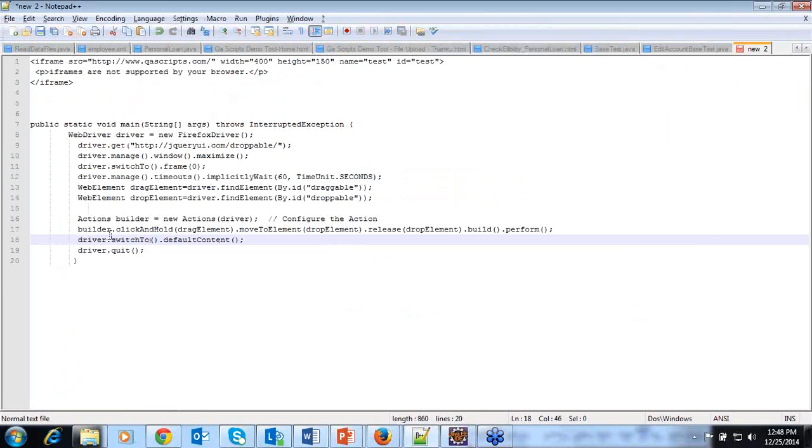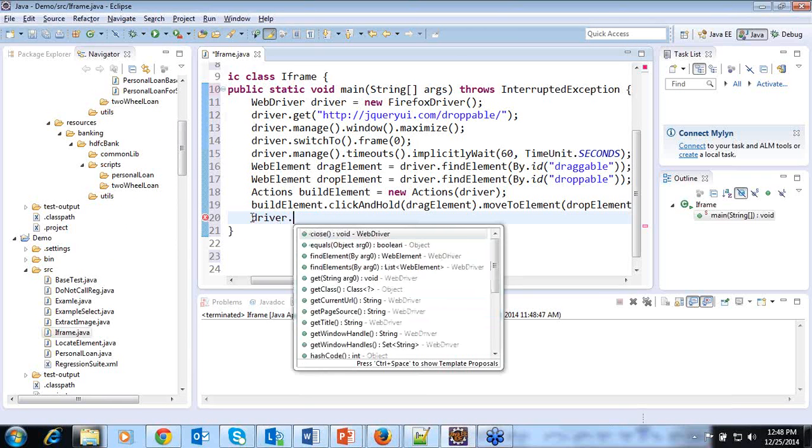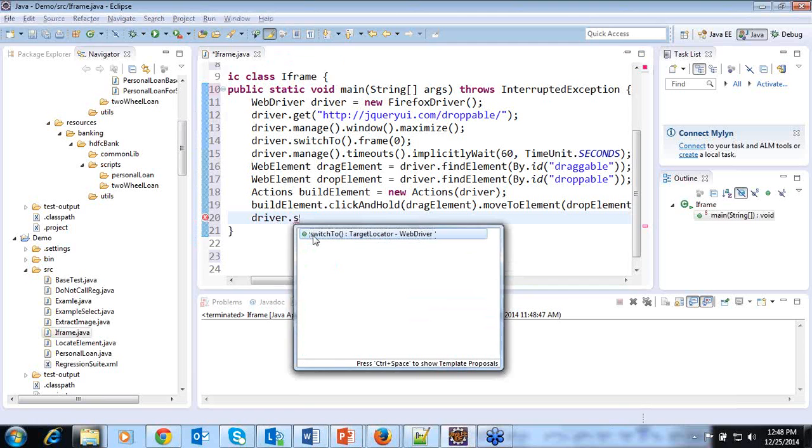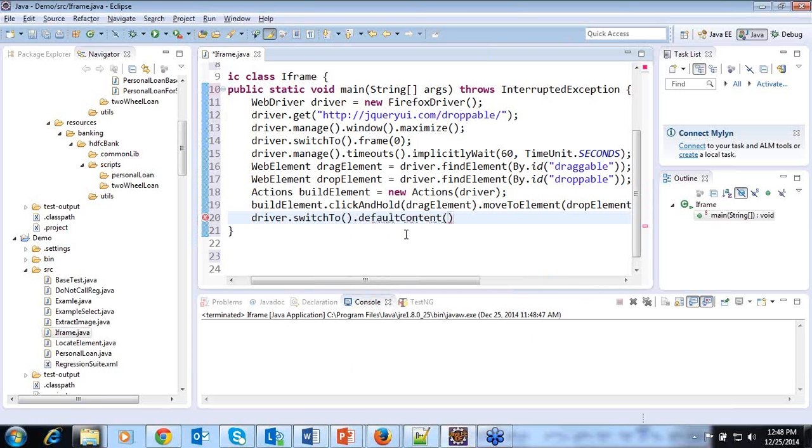How to use defaultContent? Again we have to use driver.switchTo().defaultContent(). If we use the defaultContent method, it will switch back from the frame to the normal web page.